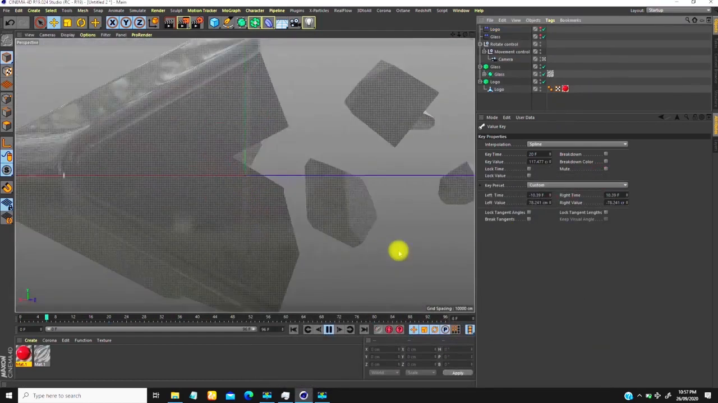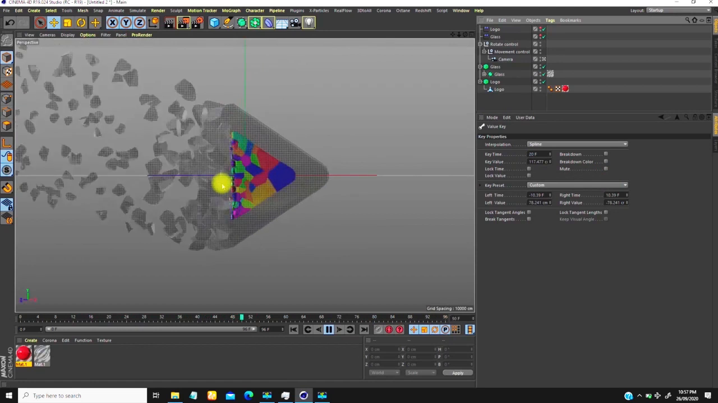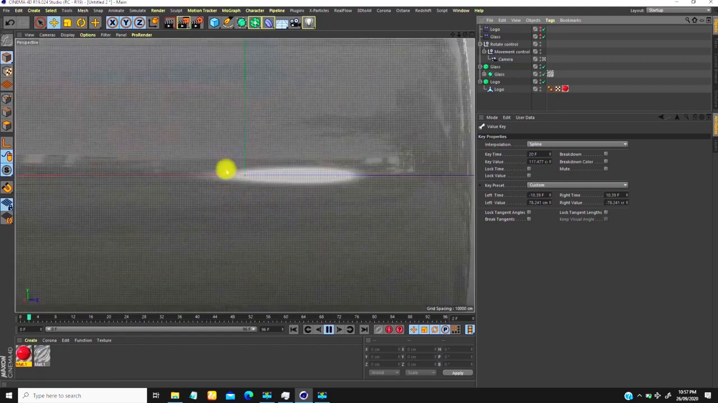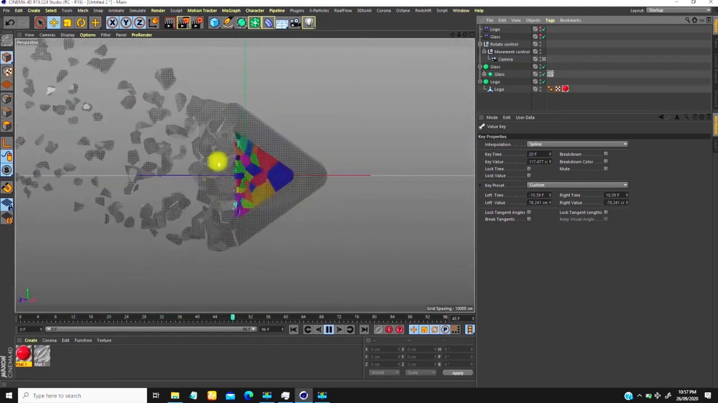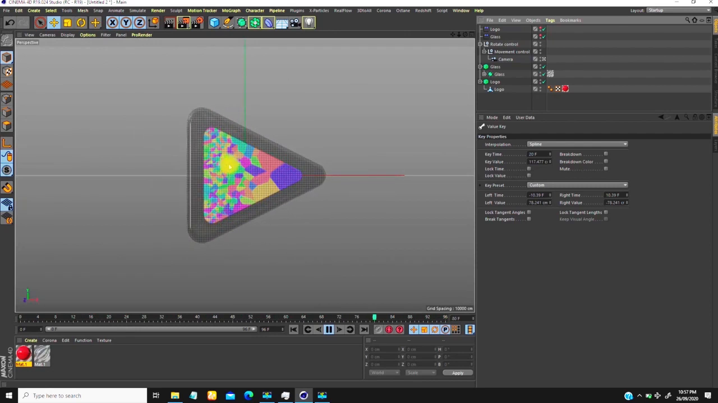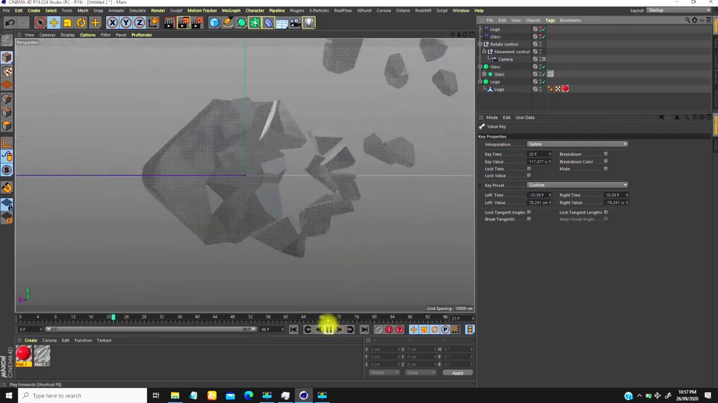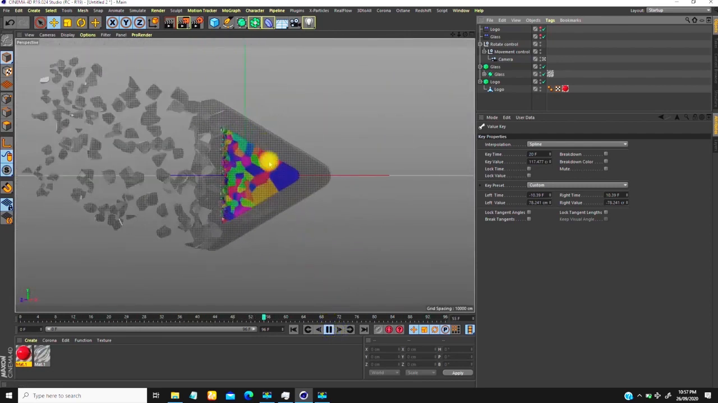So let's see what we have. So this is the effect. So this was the bonus I was talking about. But the other thing I also want to mention here is if you try to render this, you're going to